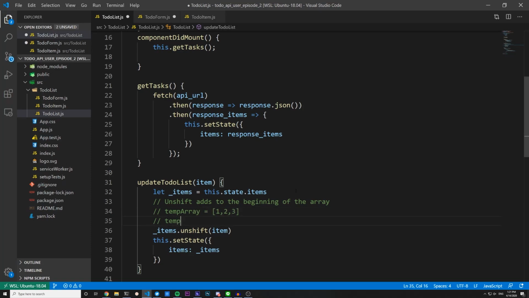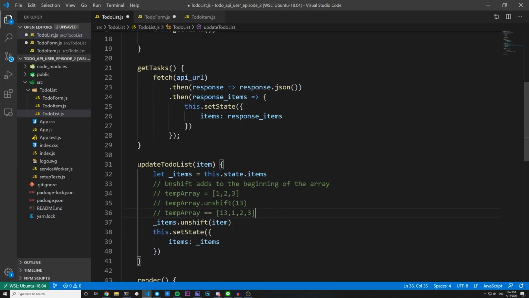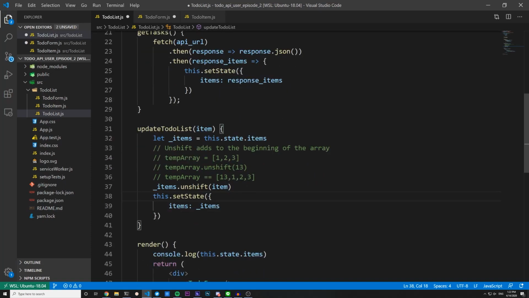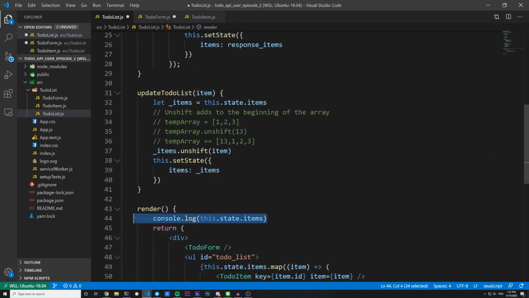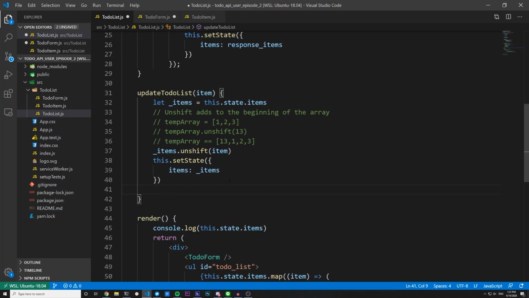If you then do temp array dot unshift and you unshift in 13, you'll then have temp array equal to 13, 1, 2, 3. So we grab it, we unshift, and then we set the state, which causes this to render again, which is different from how we did it before, because I think last time we did something like